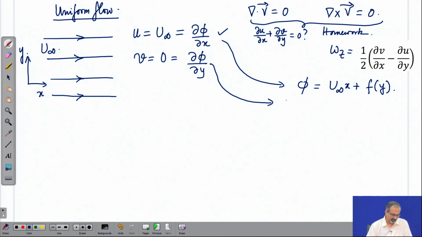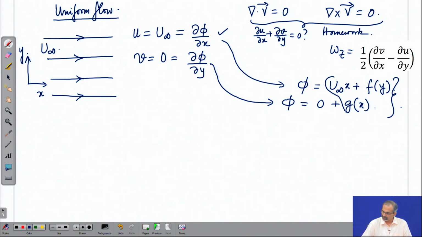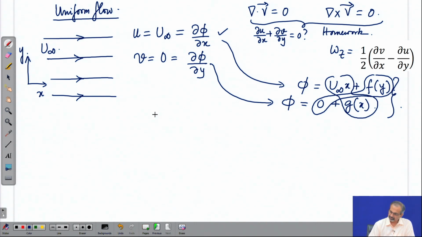If you integrate this, what do you get? You get phi equal to 0 plus some function of x. Now, they both should give us a consistent description of the phi for uniform flow. Now, if we compare the two, then obviously the g x should be equal to u infinity x and the f y should be the constant part. Okay. So, finally, you get a description like this, phi is equal to u infinity x